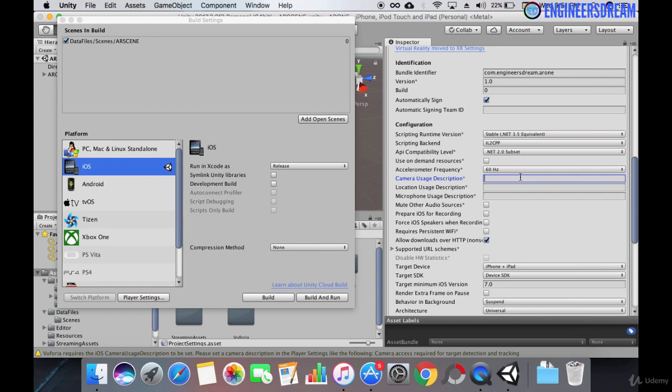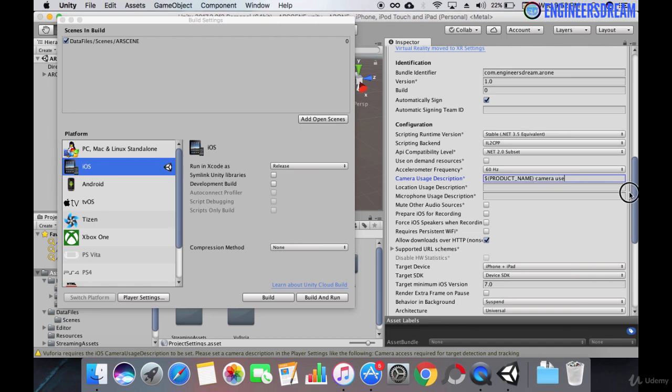In this empty box, I'll first put the $ sign. After this, I'll open and close round brackets, and inside the round brackets, I'll write down product_name. After this, I'll put a space, and then I will write down camera use. With this line, we will get access to the iPhone or the iPad camera.